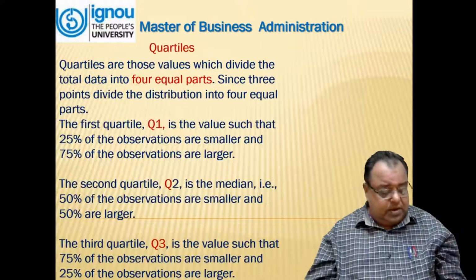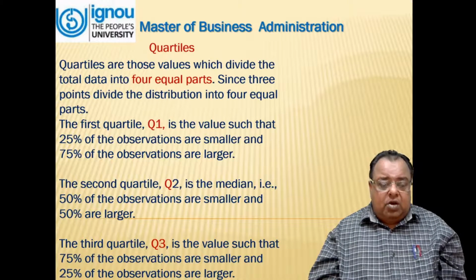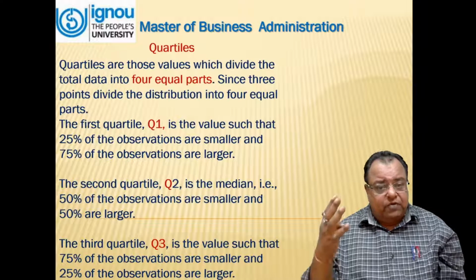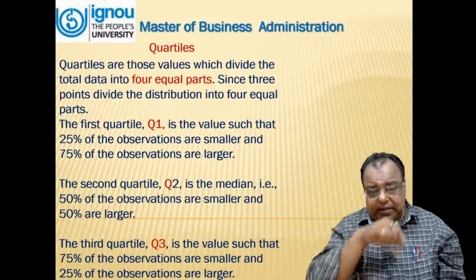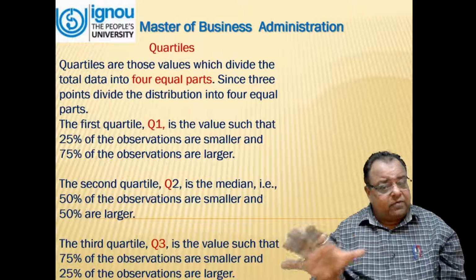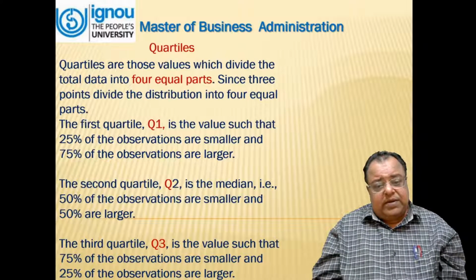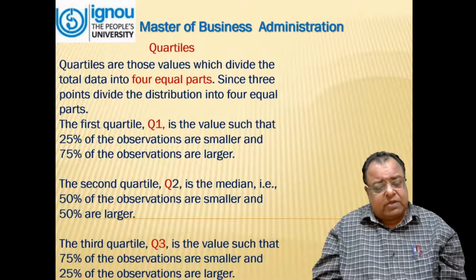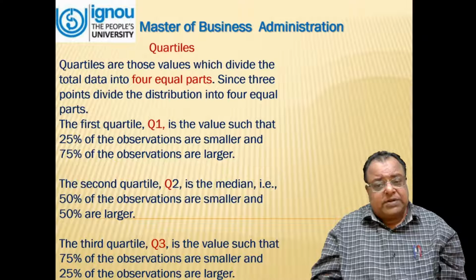Now, we move on to calculate quartiles. Quartiles are those values which divide the total data into 4 equal parts. That means the distribution will be divided by 3 points into 4 equal parts. The first quartile is Q1, whose value is such that 25% of the observations are smaller and 75% of the observations are